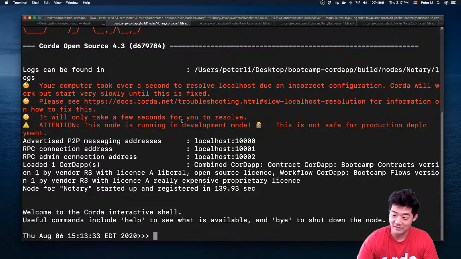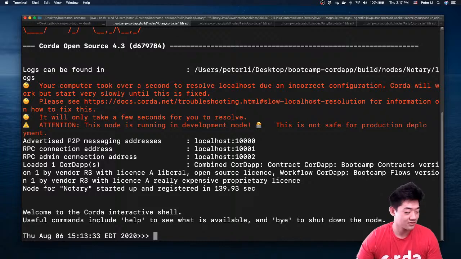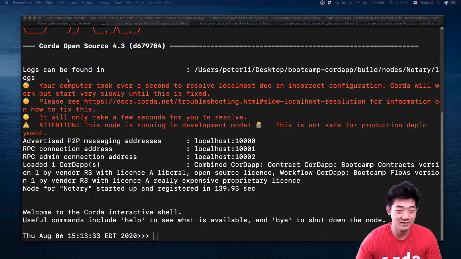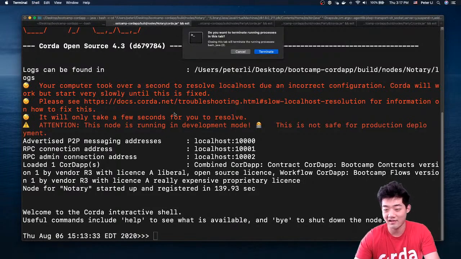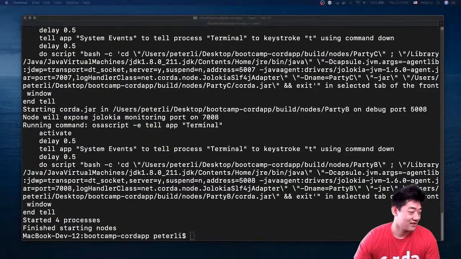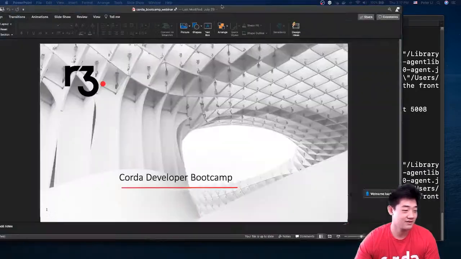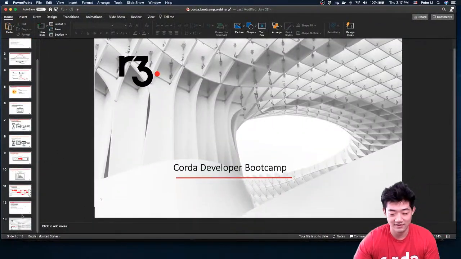Yeah, so that's all the information for today's workshop. Let me actually start the presentation. Let me shut down all the nodes so I can have my CPU back and open the presentation, and then just say a